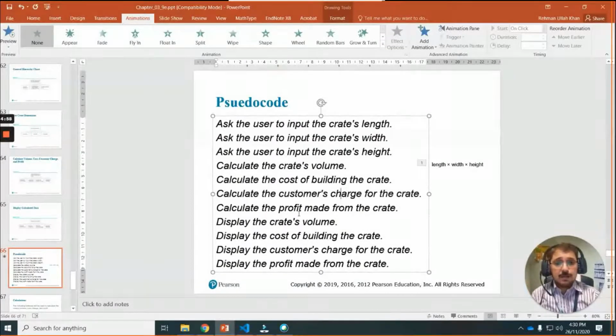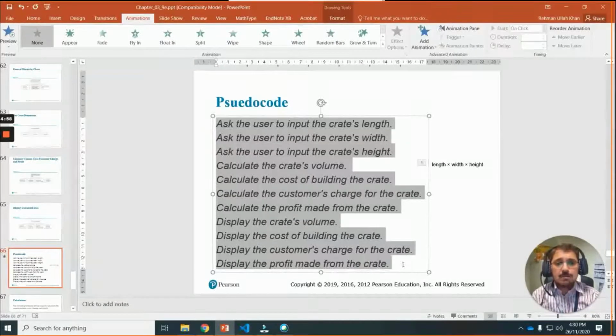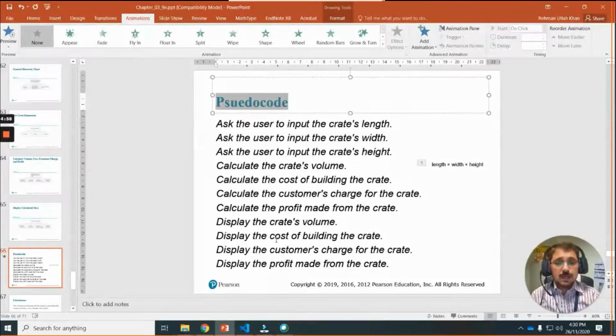And then the profit: charges minus cost is the profit. Then display the volume, the cost, the customer charges, and the profit. So all this is actually a complete program, but written in English language. This is why it is called pseudocode.